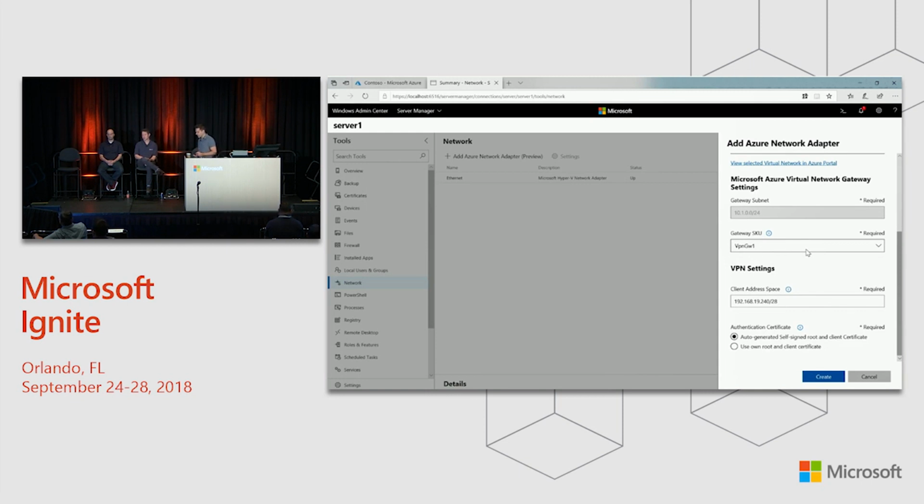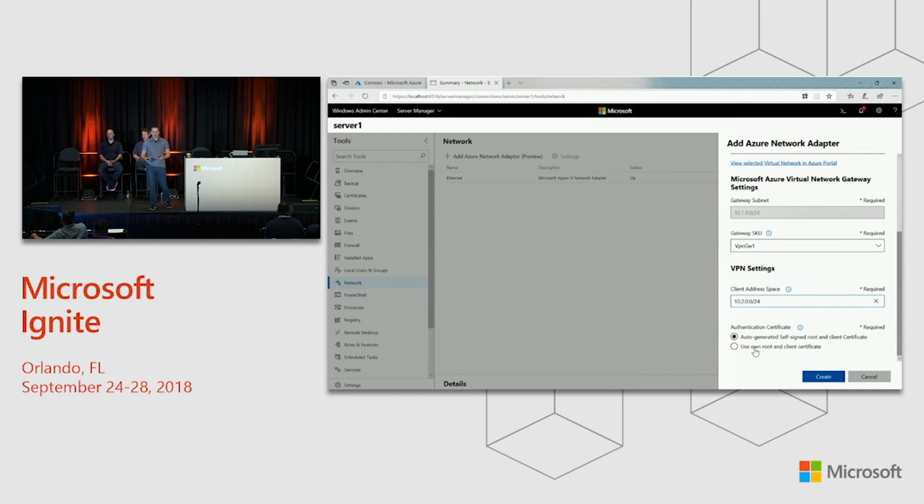So you can see here as well, we have the properties of the virtual network gateway. We've detected this virtual network actually has a gateway subnet already created, so we basically populated in what was already set on the virtual network. If it wasn't already set, we would give you the ability to put a new subnet in for the gateway. We let you select the gateway SKU depending on how much bandwidth you need. Of course, this is where you will actually start to get charged money based on which type of gateway you select. Here we have the lowest cost Gateway 1 option.